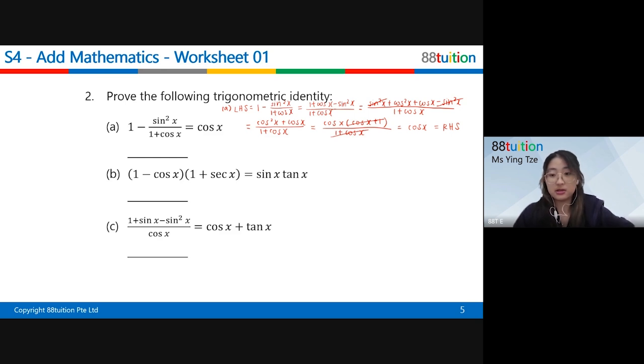Any question? Okay, then moving on to part B. Again, I will start from the left-hand side. So if I expand out these two brackets, I will get 1 plus secant x minus cosecant, minus cosecant